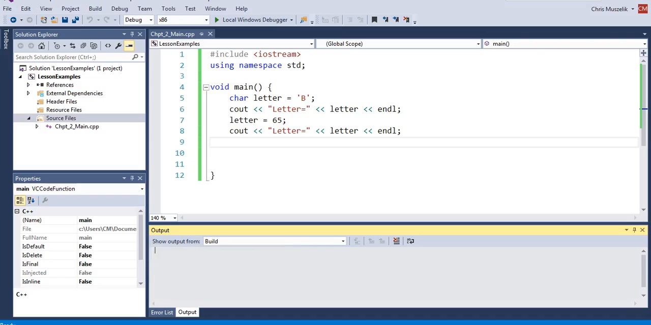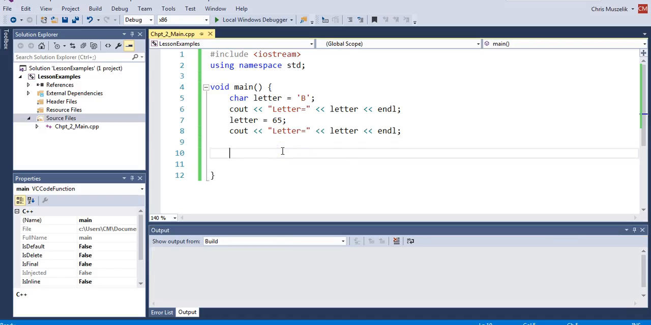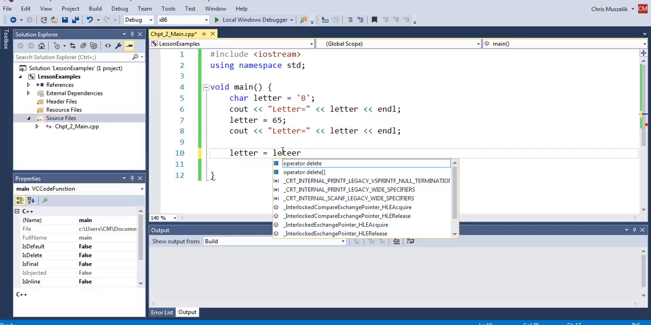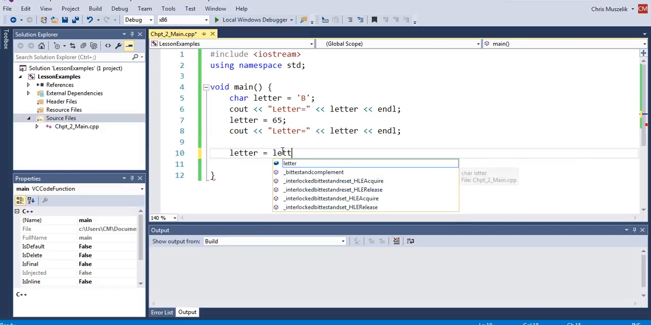So let me go back to my program over here, and let me show you. Since characters are behind the scenes numbers, we can do arithmetic on characters. Meaning I can do something like this. I can say letter is equal to itself, letter